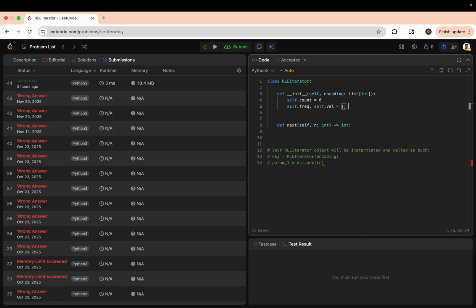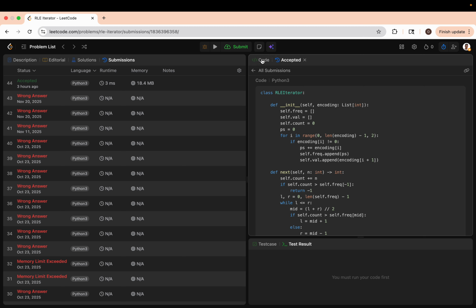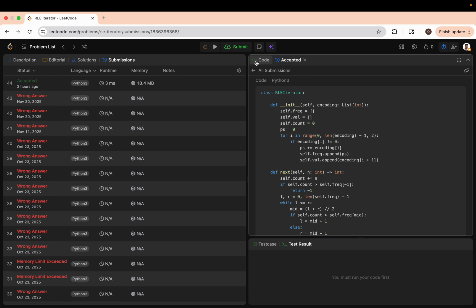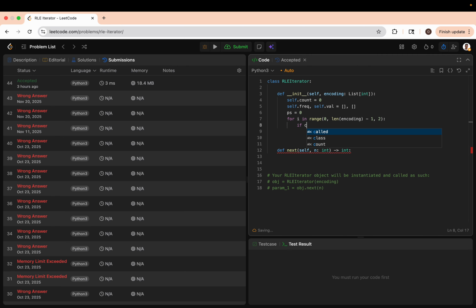So let's just copy the solution again. This is not mine, obviously. It's someone else's. And so for I in range 0 to length of encoding minus 1, step 2, that makes sense because every other element is the actual number. So if encoding I is not equal to 0,